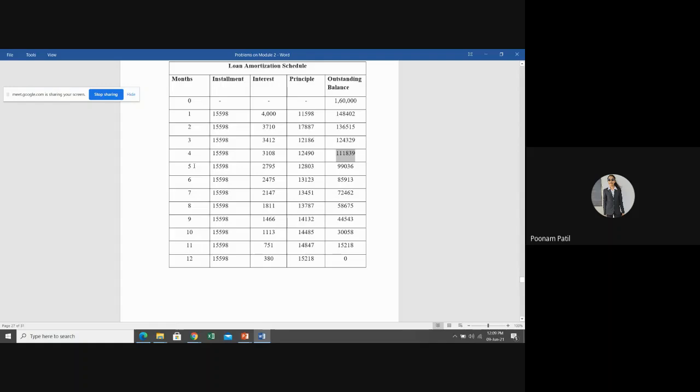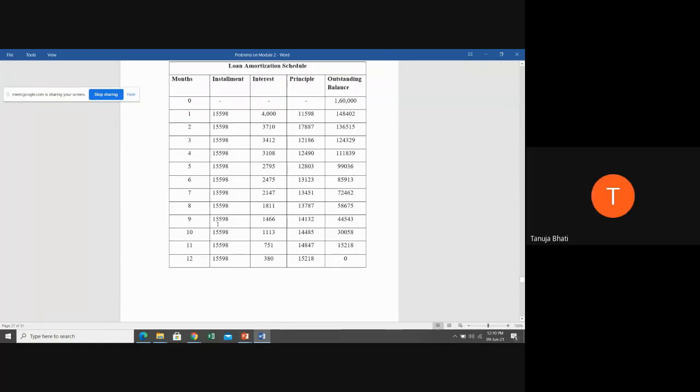And for fifth month, for interest, 1 lakh 1,11,839 into 2.5, we will get the interest 2,795. And then for principal amount, installment, that is 15,598 minus 2,795, we will get the principal amount 12,803. And outstanding balance, 99,036 into